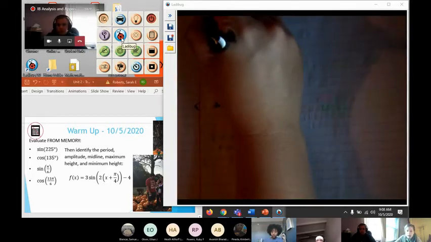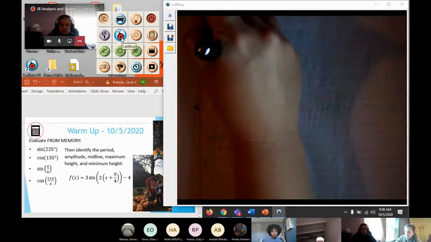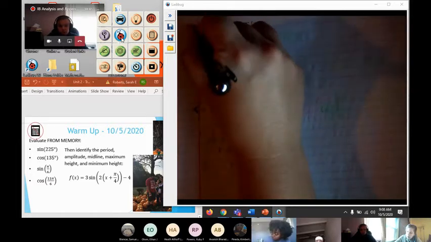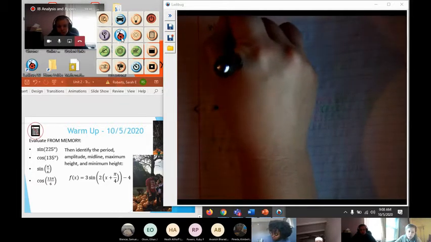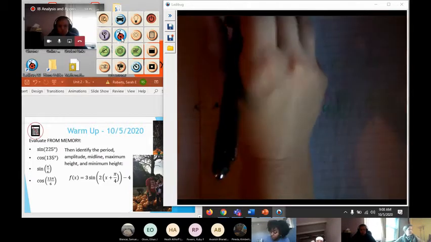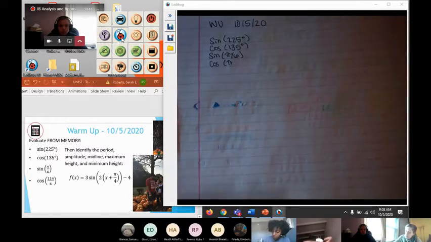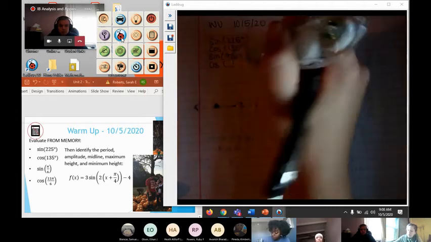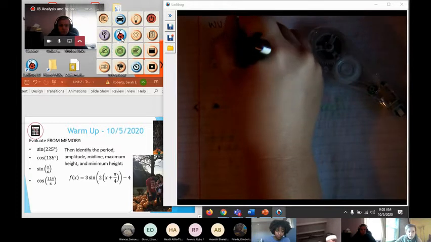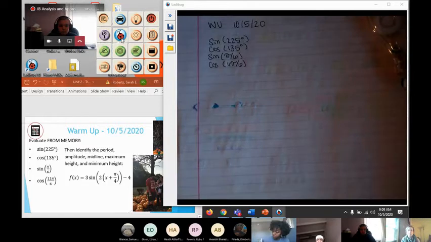So we want the sine of 225, the cosine of 135, the sine of pi over 6, and the cosine of 11 pi over 6. Oh man, I always turn the 11 into a pi before I can make 2 more lines for the pi. So 11 pi over 6. We're going to go through these first, and then we'll identify the period, amplitude, midline, maximum, and minimum